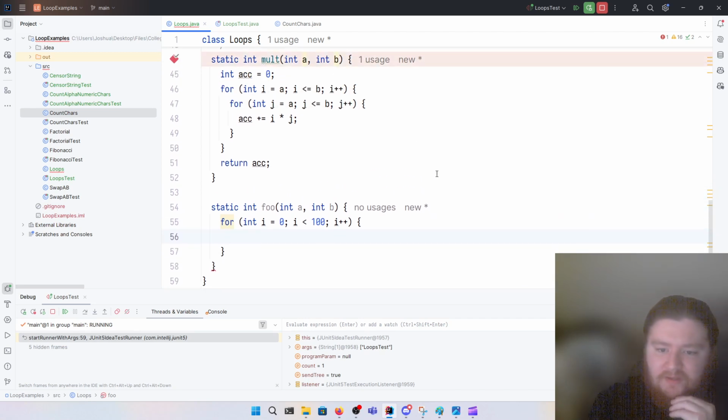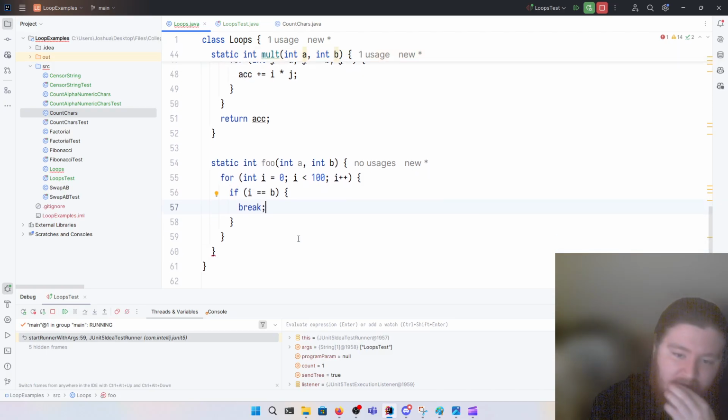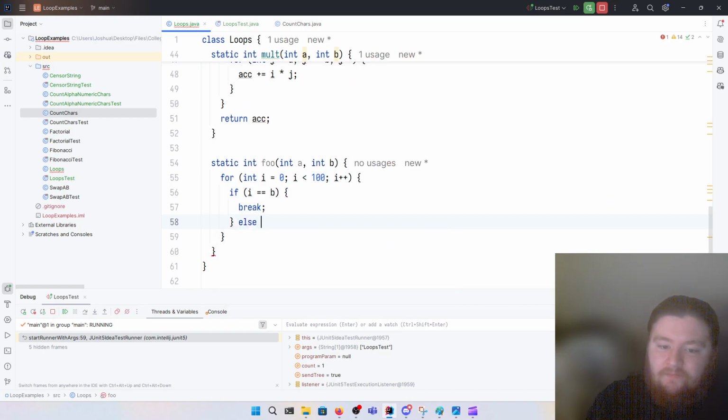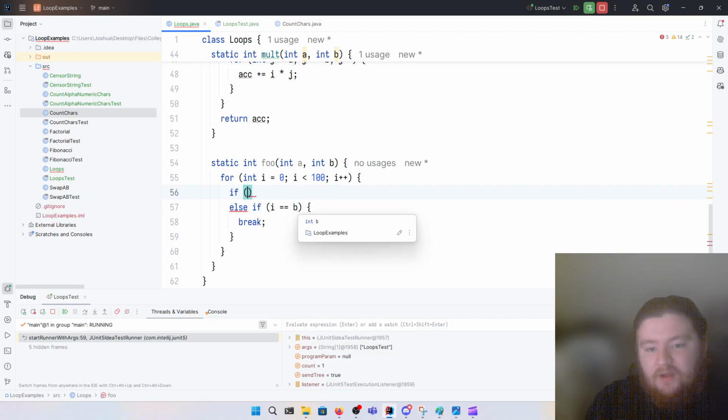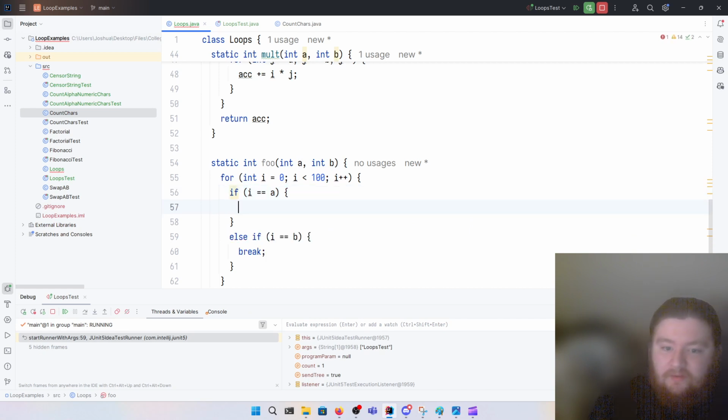Let's say that if I is equal to B, then we want to stop what we're doing. We want to break out of the loop. We don't want to go any further. And let's do it like this: if A is equal to I, or I is equal to A, that doesn't matter,